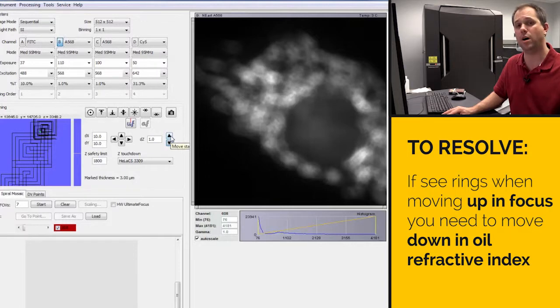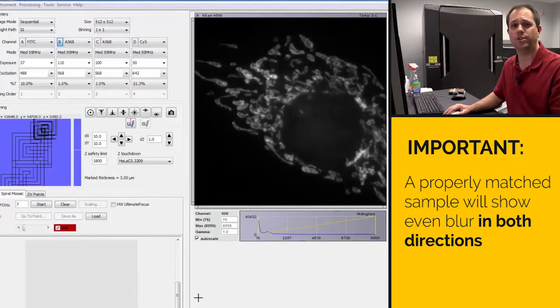So in this case, I need to go up in my oil, and I'm going to change that to 516, which I know is the correct oil, and then I'll show you what it looks like when I've matched the oil correctly. So I have changed my oil from 512 to 516, and if I move in 1 micron intervals now,